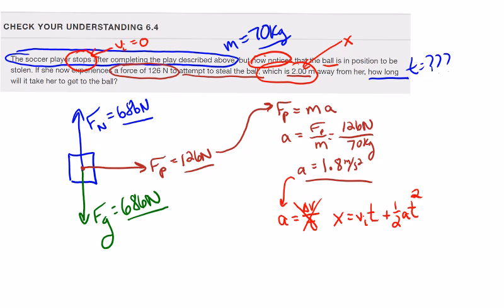But I don't actually want to find the displacement, I want to find time. Now my first instinct here is this looks like it's going to be quadratic, but notice that I have a vi of 0. So a vi of 0, vi times t, this whole thing is going to become 0. So I don't have to worry about it. I can just cross it out. So x equals 1/2 a t squared. If I multiply both sides by 2, that's going to get rid of my 1/2. I can divide by an a. Get rid of the acceleration, and then that's time squared,